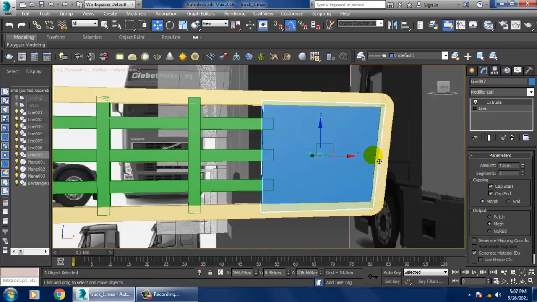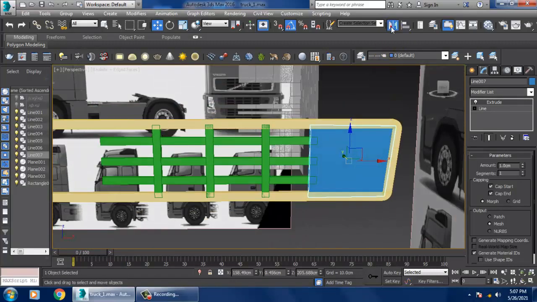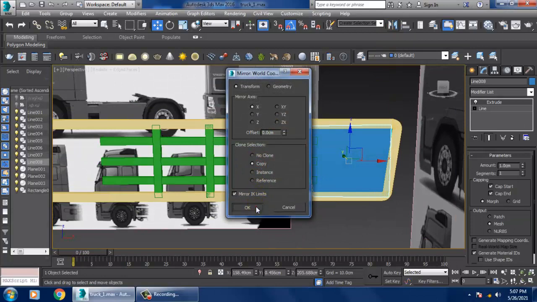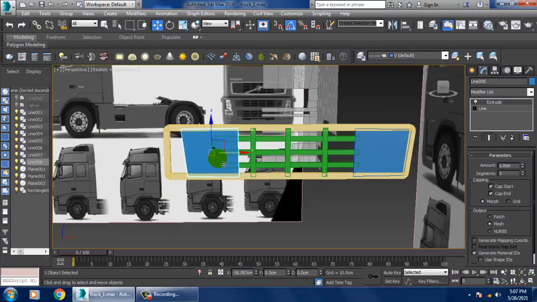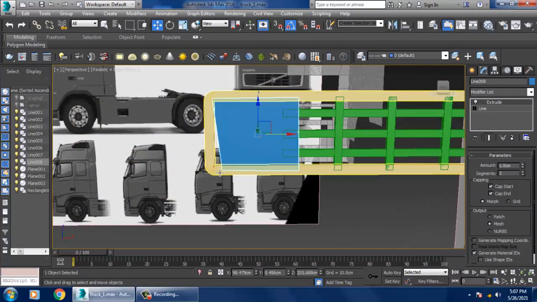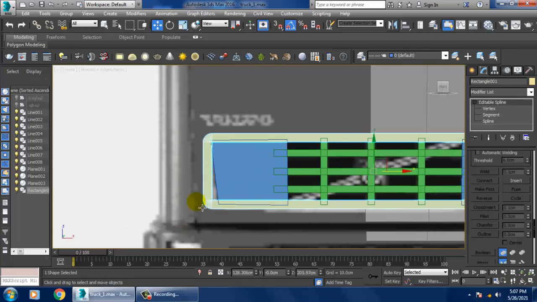So just select this and let's give a mirror in x-axis and I'll just slightly shuffle this in this way. Select the vertices.